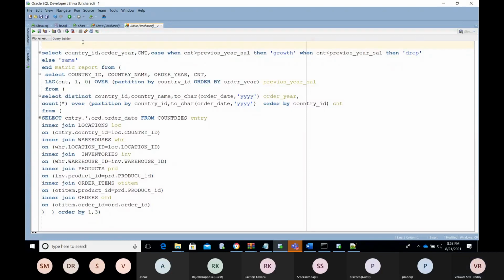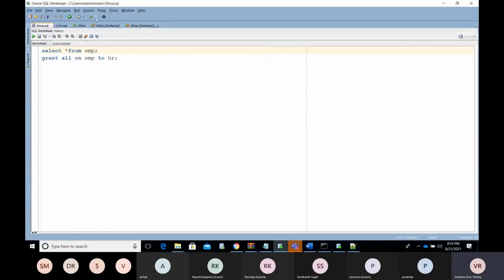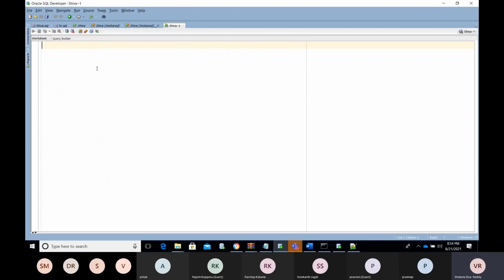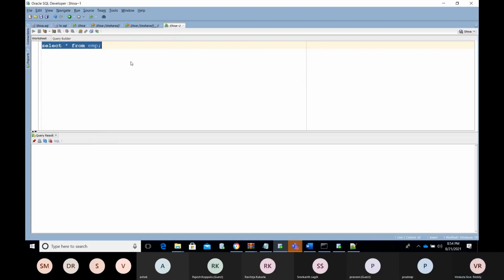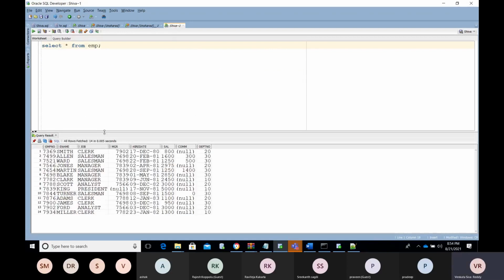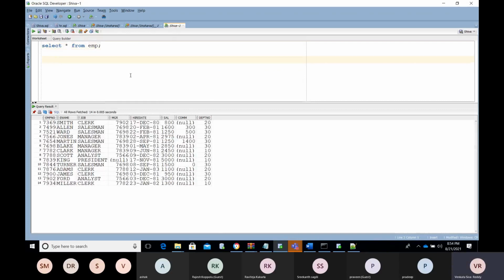Okay, now we'll see where we can go with the subquery, where we can go with the correlated subquery. Suppose you take the employee table, let's start from EMP. Now, suppose we have two tables here.